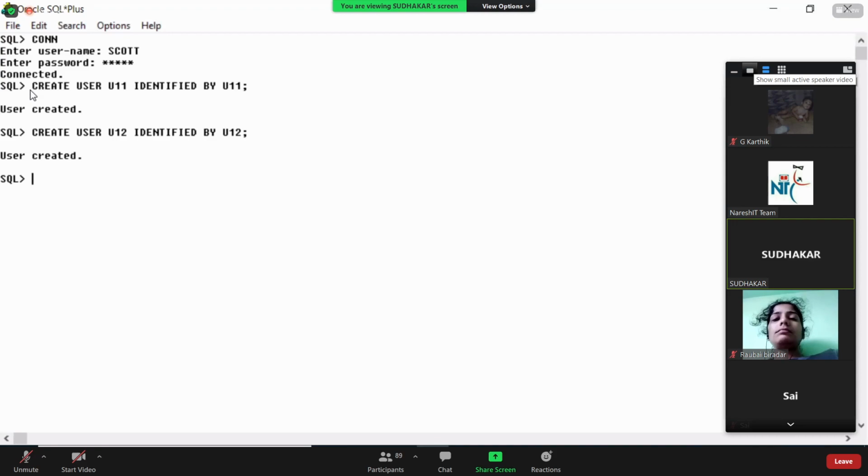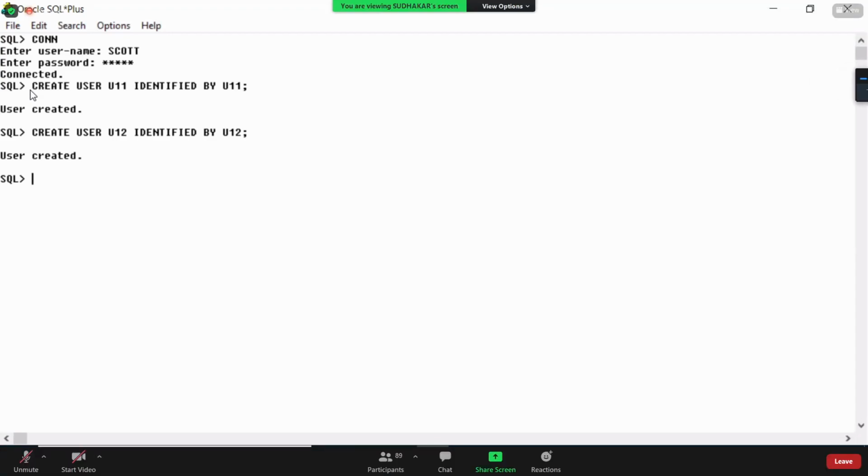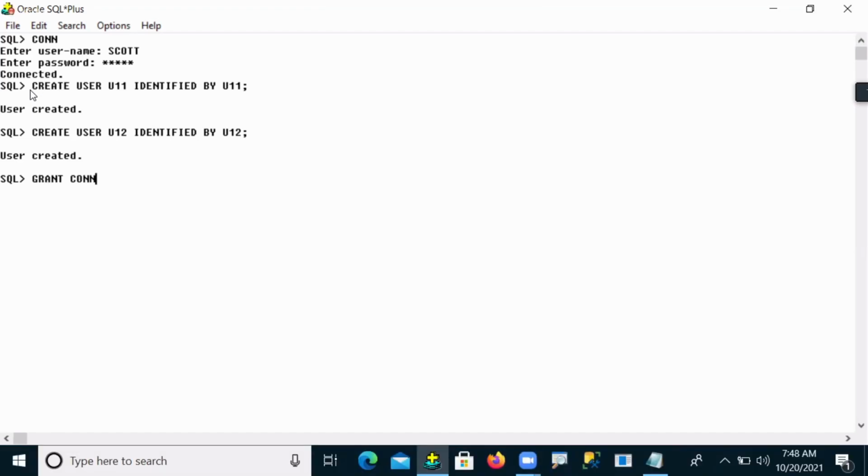So after creating these two users, okay, let me see, guys, here. Now the admin will give the connectivity permissions to these users. So grant connect to U11 and in the same way grant connect to U12. So both have the connectivity permissions, guys.